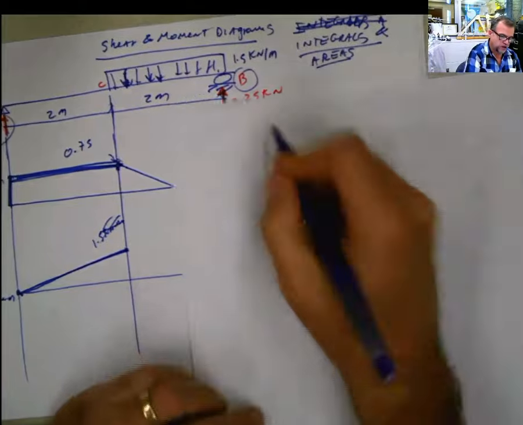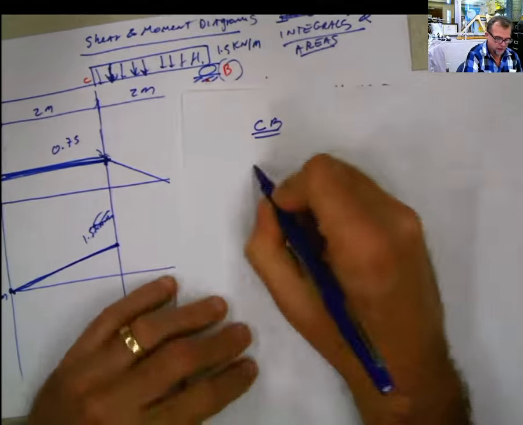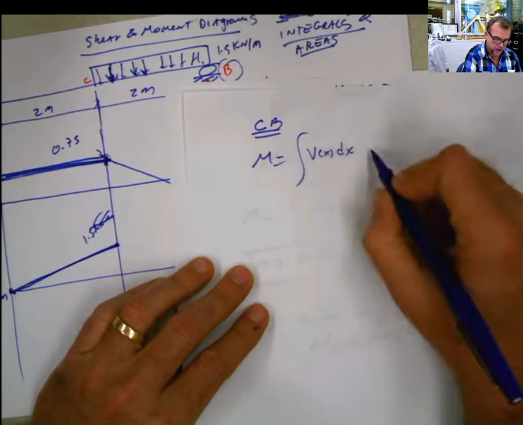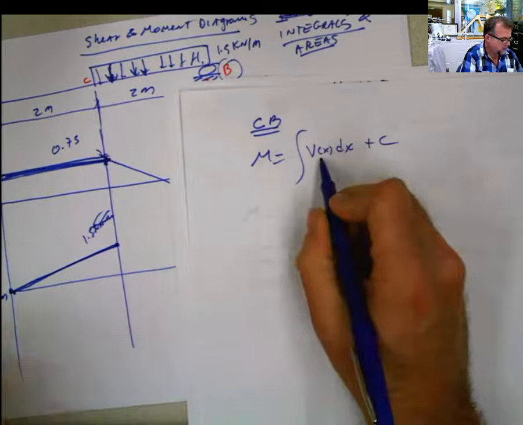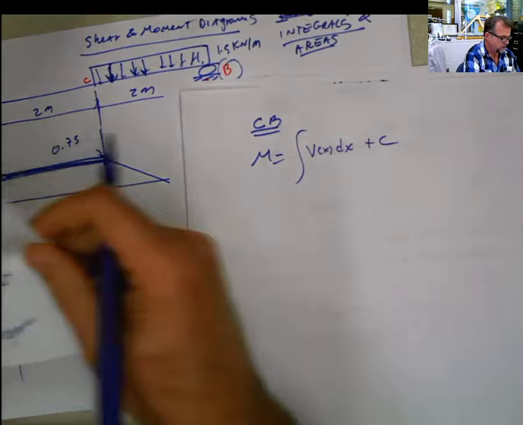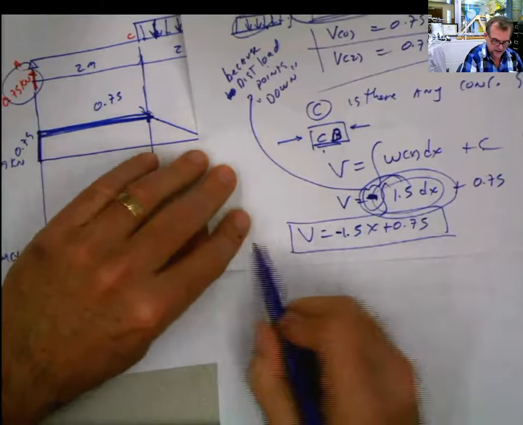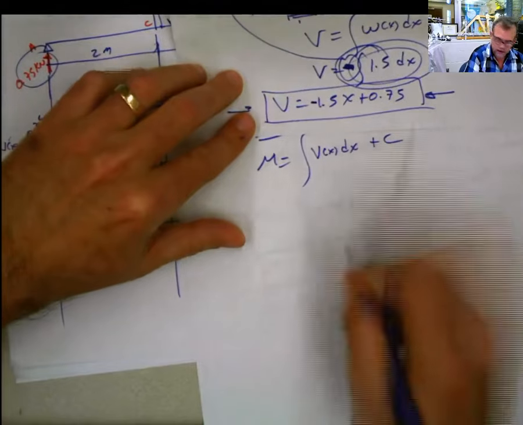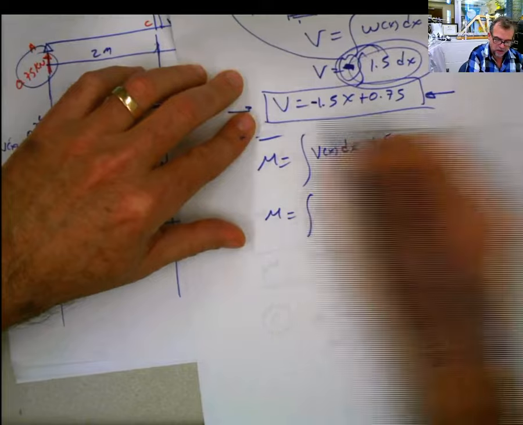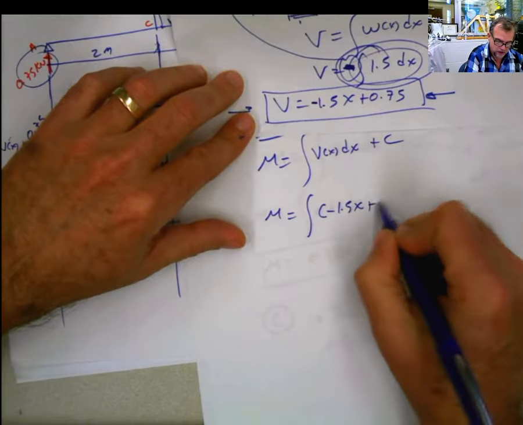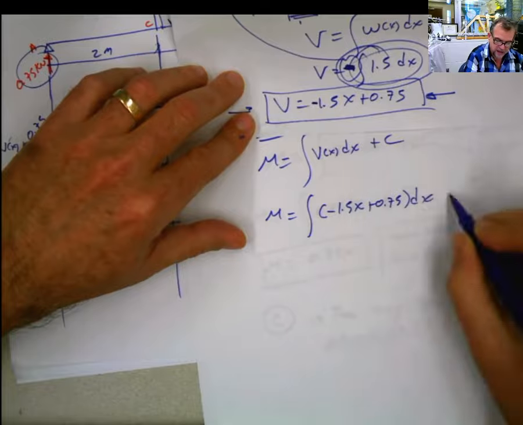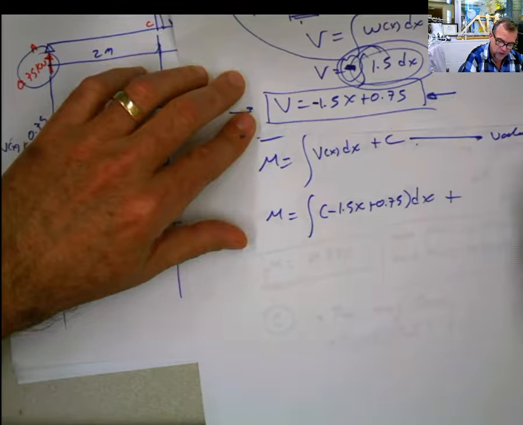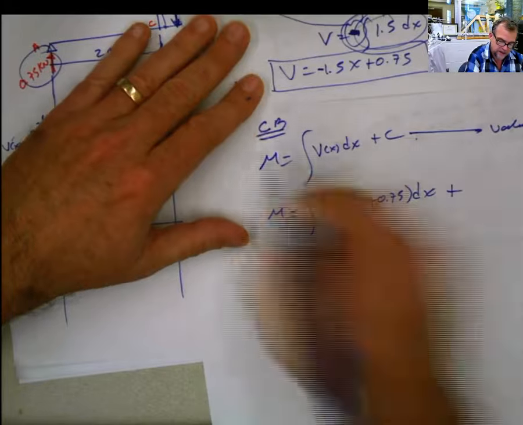Now I go to CB. Moment is the integral of the shear, plus C. What is the equation of the shear at that point? The equation of the shear at that point is this one, in that span. That's the equation of the shear. So moment is going to be the integral of this, which is negative 1.5x plus 0.75 dx plus C. What is C? The value of moment at C